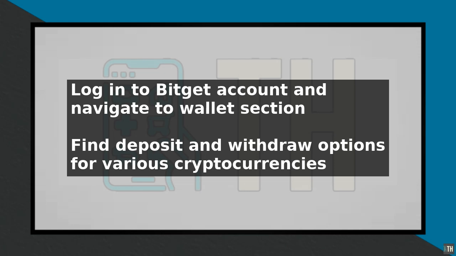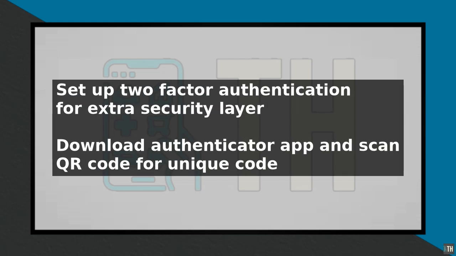to your wallet. This can be done by navigating to the Account Settings section and enabling two-factor authentication. To do this, you will need to download an authenticator app, such as Google Authenticator, and scan the QR code provided by Bitget. This will generate a unique code that you will need to enter every time you log into